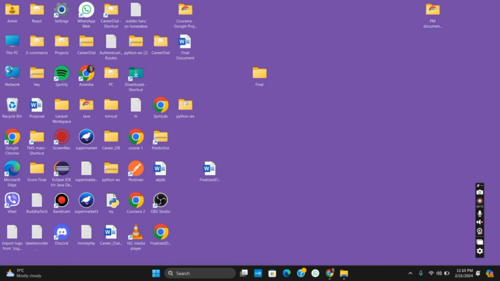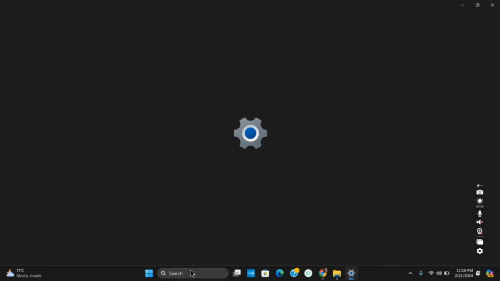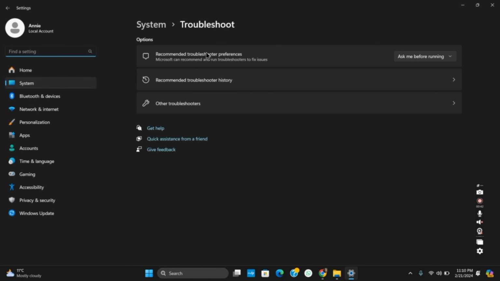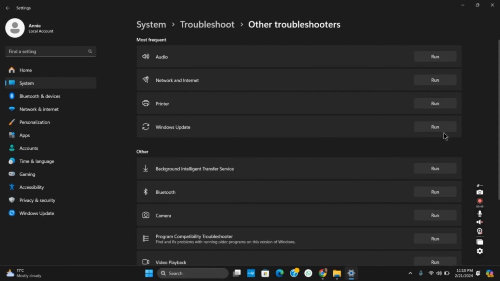If you are facing some of the error codes on your Windows Update, here are 3 fixes that you can try on. For the very first one, you need to run the troubleshooter for Windows Update. For that, simply go to the search bar and type in troubleshooter settings. Once you open the troubleshooter settings, make sure to click on other troubleshooters. And then you have to click on or search for Windows Update. Tap on the run button to open the detector and it will detect for any problem that exists and try